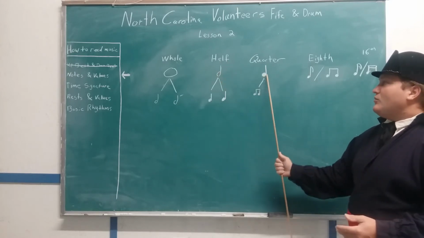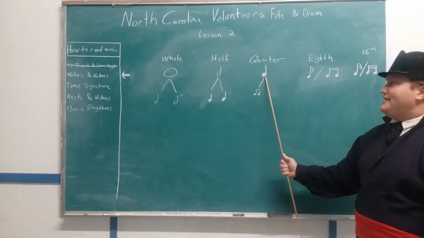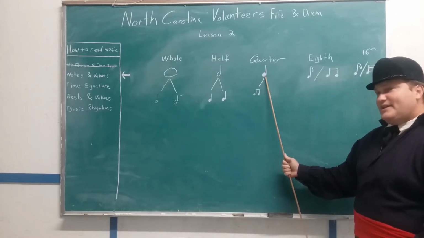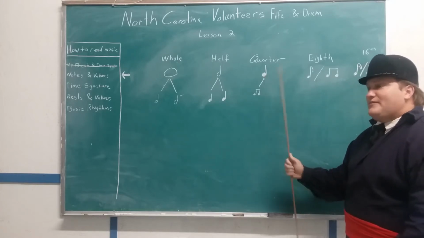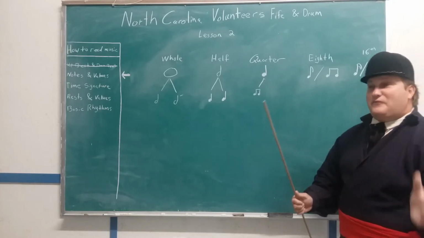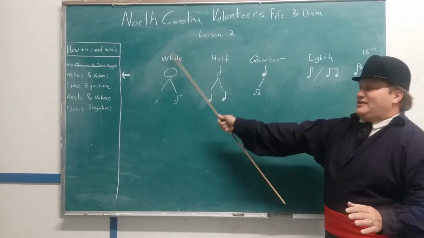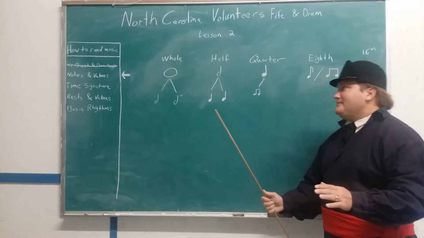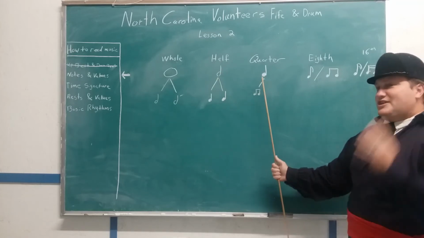All right, and then a quarter note, well, this gets back to the downbeat and the upbeat. That is going to get 1, and it's going to get 2. 1, 2. Now, I may have confused some people there going all the way to 4. Just write that off for now because we're not going to talk too much about whole notes. Okay, so a half note would get 1, 2, and then the quarter note would just get 1,